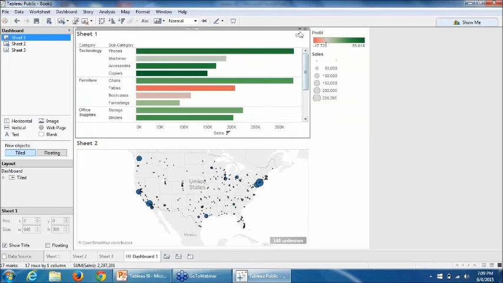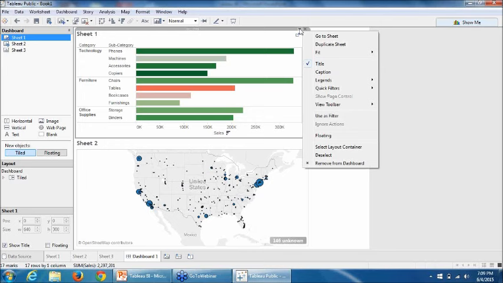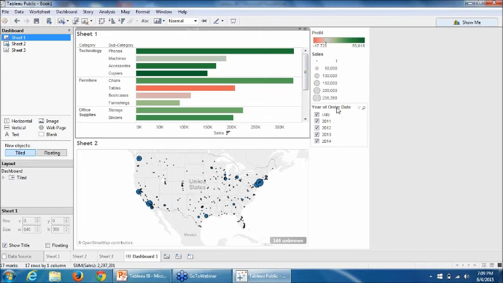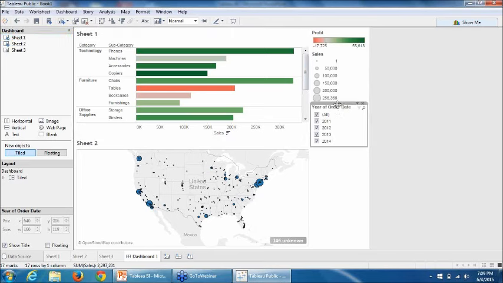and in my dashboard, when I click on this down arrow, I can use the same filter. Now I do not want the year to be a checkbox. Maybe a slider, which would be a little more attractive when I am sharing this with other folks in my organization. And I don't want to use this space as well. So what I will do, I'll just click on it, press shift, and move it over the sheet 1.